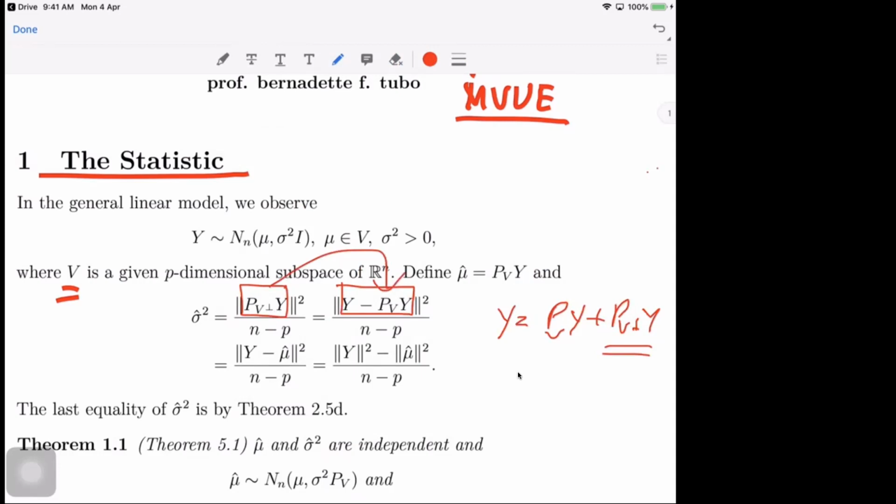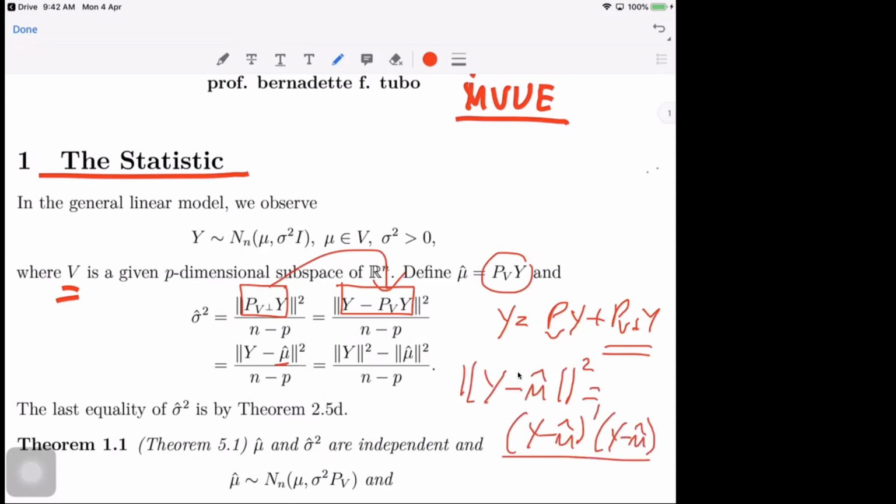And then what happens here, substituting the projection of y onto V by mu hat, you have that. And then if you try to expand this into y minus mu hat prime times y minus mu hat, and then expand that,